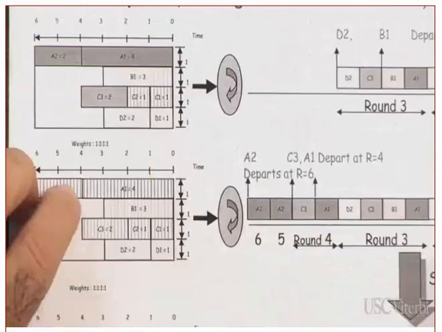Clear? By the way, if it gets congested, weighted fair queuing's drop policy will drop the packet with the largest finishing number. The one with the largest finishing number is the one that will get a drop. Are you following? They are dropped earlier. So that's the big picture.